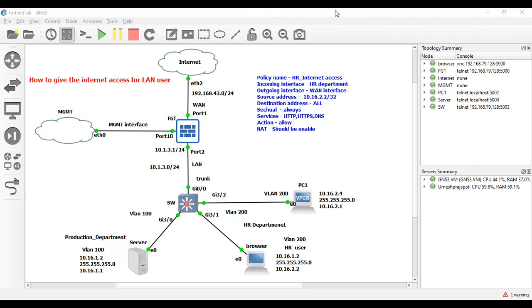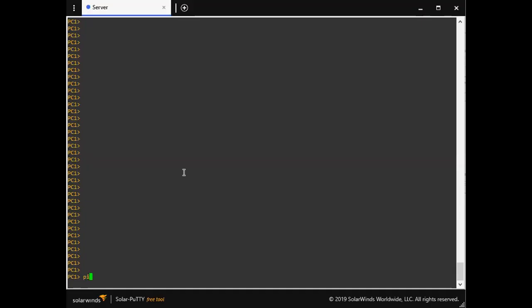I am pinging 8.8.8.8. As you can see, the production department is not able to access the internet. I am going to type continuously, so we will verify this one.